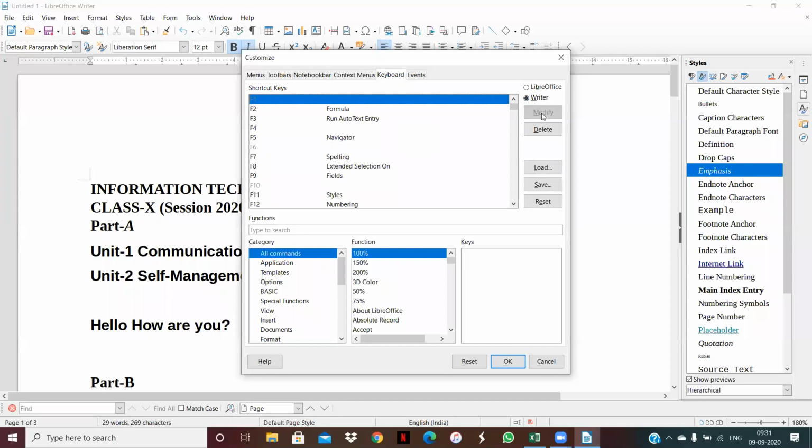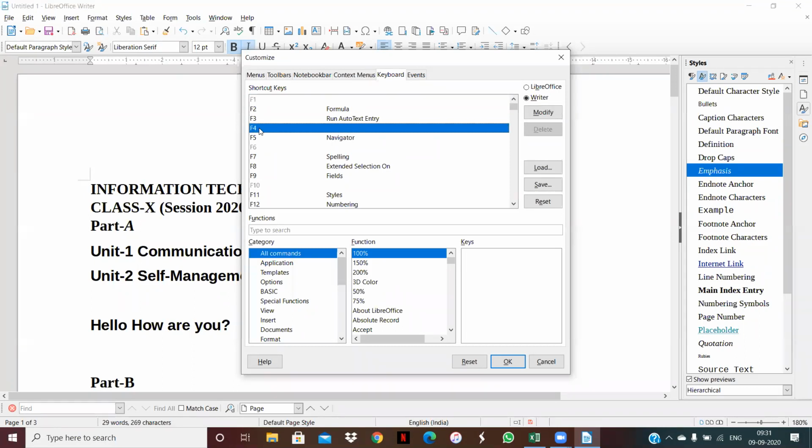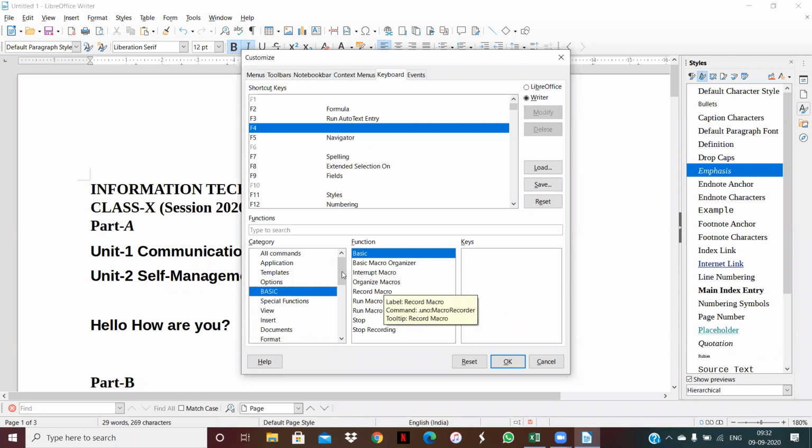Now you can select writer, and then you can select, suppose we want to set it for F4. Whenever we press the F4 key, this style will appear. What kind of styles do we want? Suppose we need basic. You can see the style option is here.